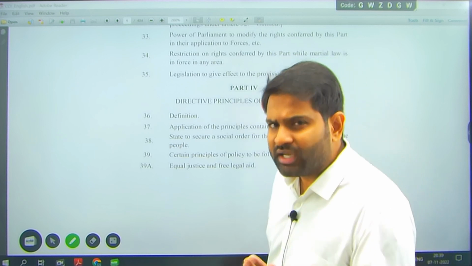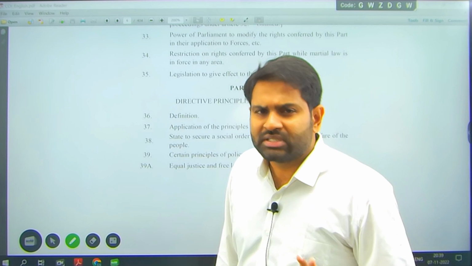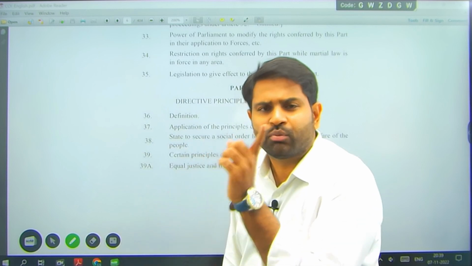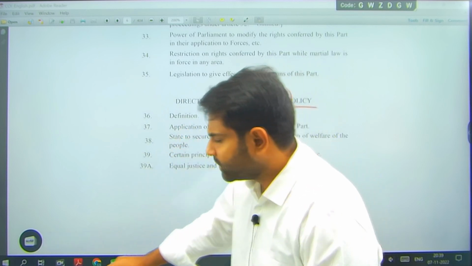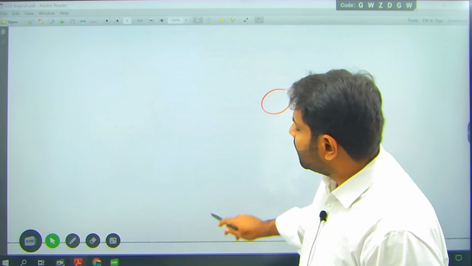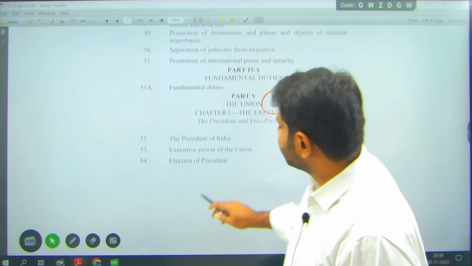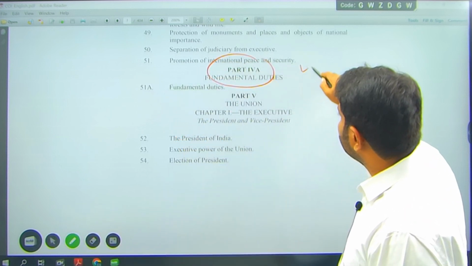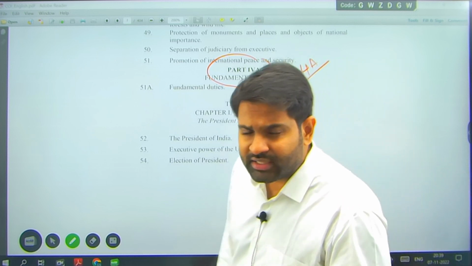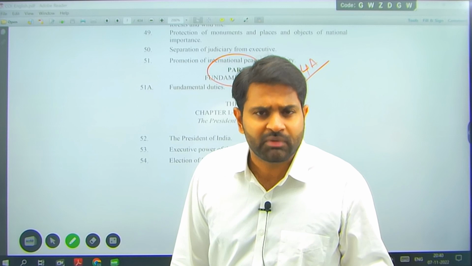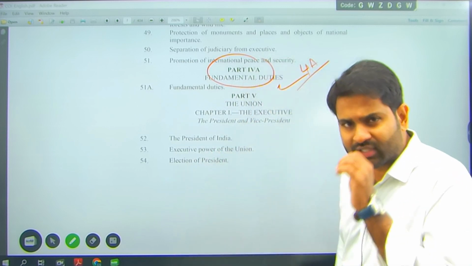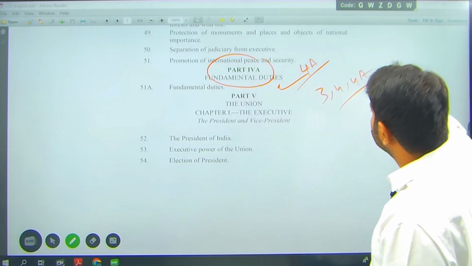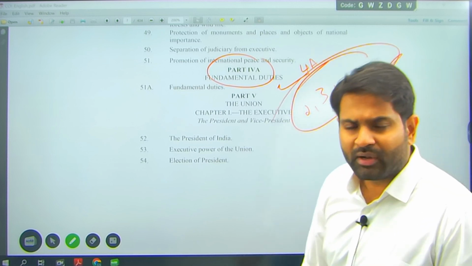So part 3 and part 4 together are an embodiment of the second part, which is citizenship, an extension of citizenship. When I spoke about state, I spoke about territory, and about citizenship. Similarly, there shall be duties for the citizens also. That is the reason why we have part 4A. So part 1 is union and its territory, the second is citizenship, the third is fundamental rights, the fourth is DPSP, and 4A is fundamental duties for the citizens. So rights and duties for the citizens are embodied in parts 3, 4 and 4A of the Indian Constitution. Parts 2, 3, 4 and 4A are relevant because they are talking about citizenship.